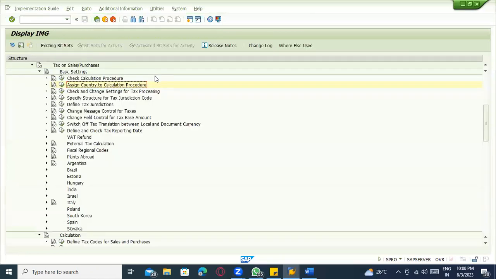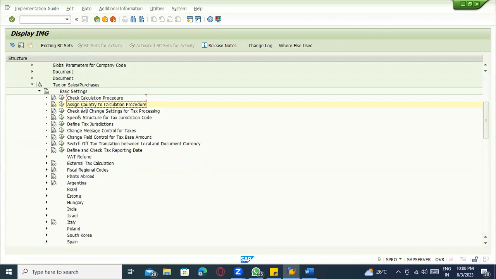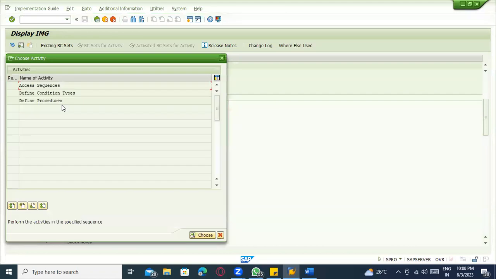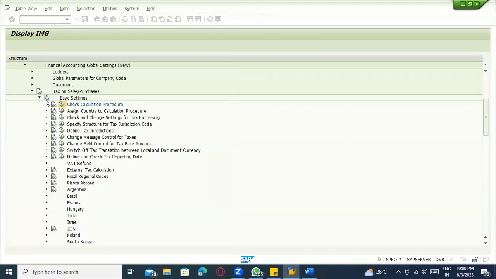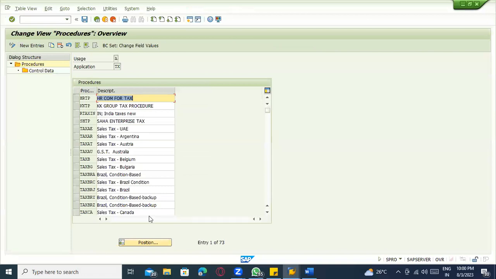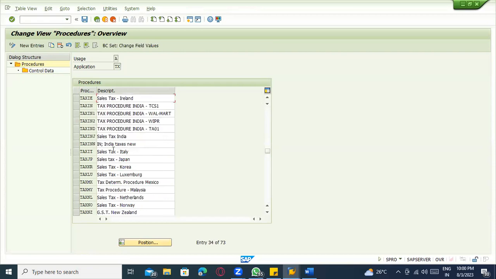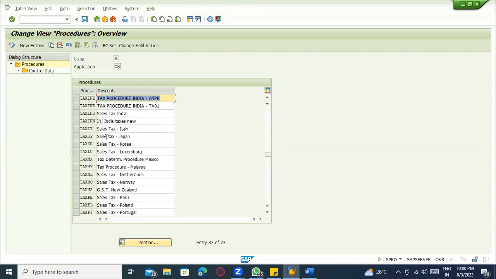Again, the tax procedure and how they are defining it. You can see how we did the pricing procedure; the same way here they are creating their own tax procedure, depending on what the client is using. Brazil has a different tax, India is different, and so on. You can see this is the IN tax, IN and tax INJ. So there are different tax procedures.